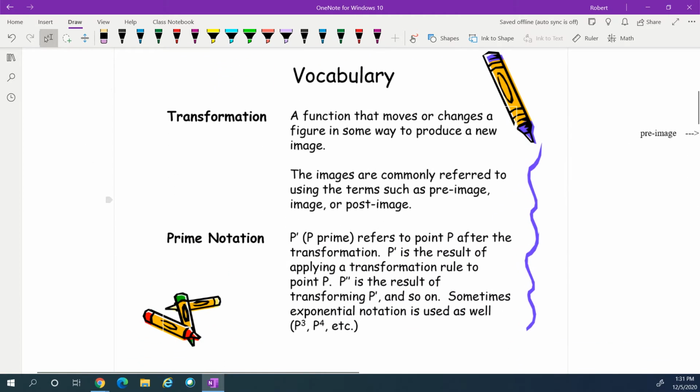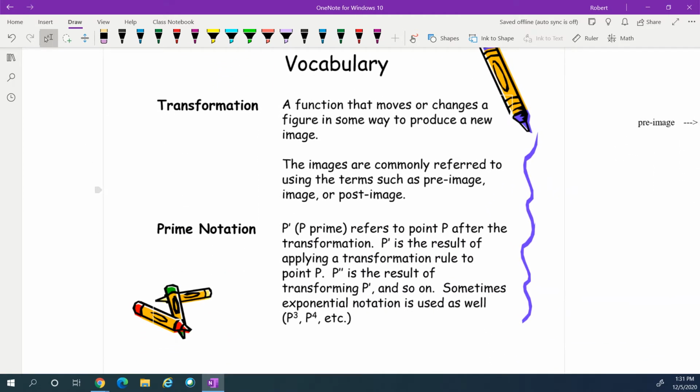A transformation is a function that moves or changes a figure in some way to produce a new image. Now, we have these terms called pre-image, image, and post-image. And all that means is that whatever image we're looking at, that might be the original or it might be after one change, there's something before it, a pre-image. And then we're going to do something to it and create a new image, a post-image. So these three terms kind of float a little bit, and I'll explain that a little bit more after I